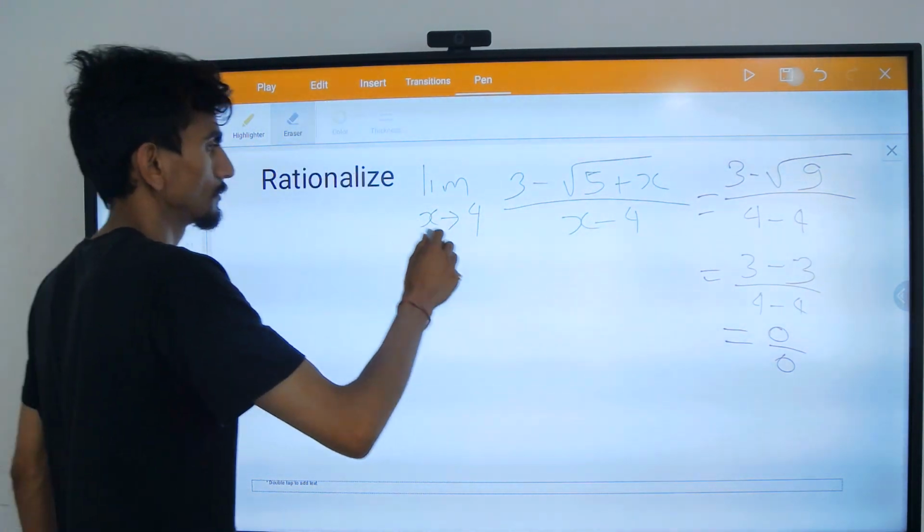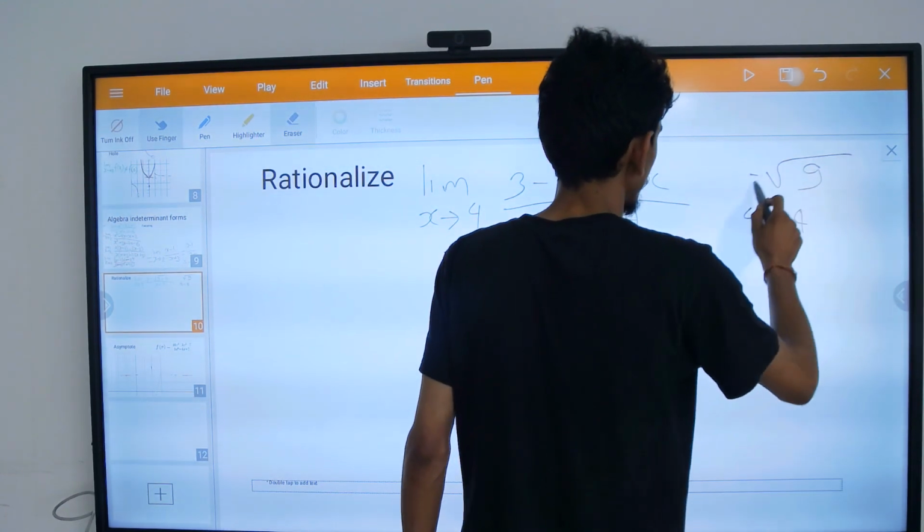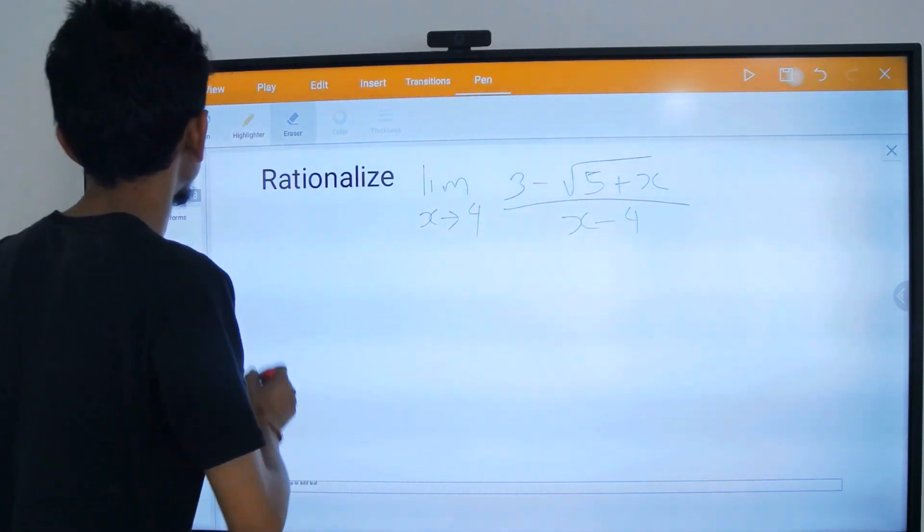So how do we remove this indeterminate form and find the limit? We again need to do some algebra. In this problem, we need to do rationalization. So what